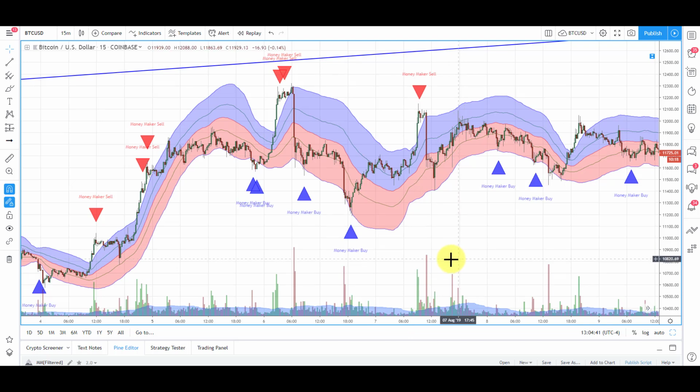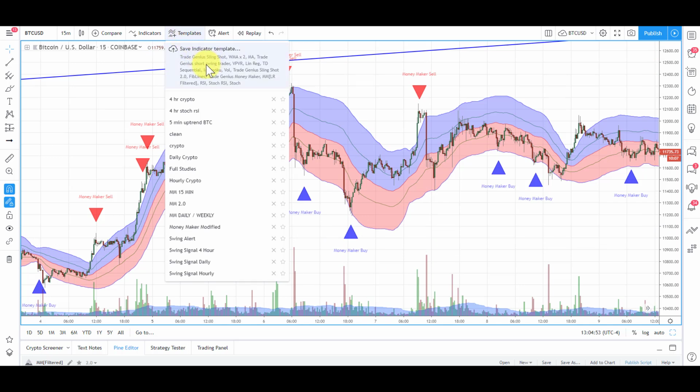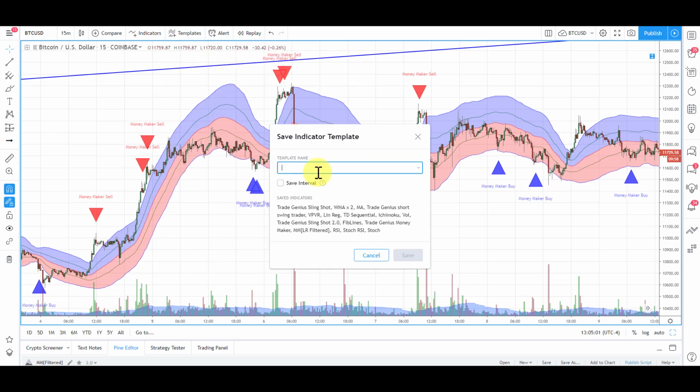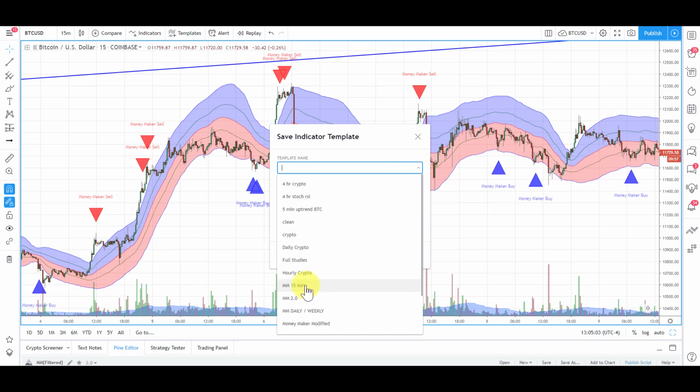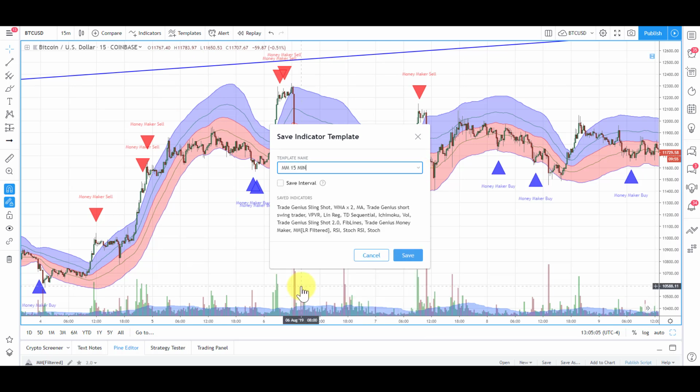Now, as you're making these changes for the different time frames, you can do something in TradingView that makes life a whole lot easier, and you can save these settings. If you go up to templates, you can save the indicator template. What that does is any indicator you have on this chart, whether it's hidden or not, will be saved in this template. For example, I already have one that says Moneymaker